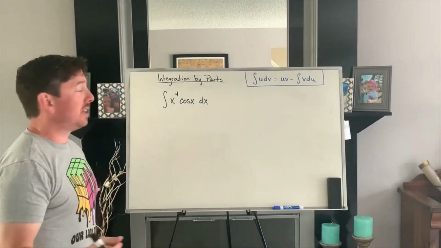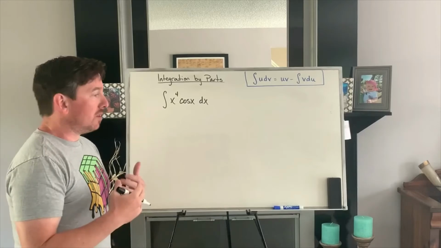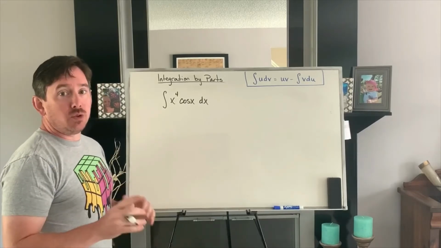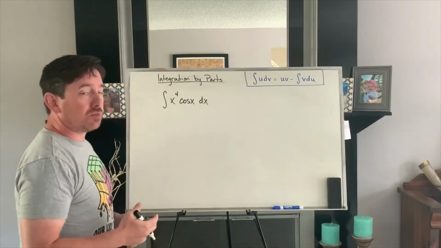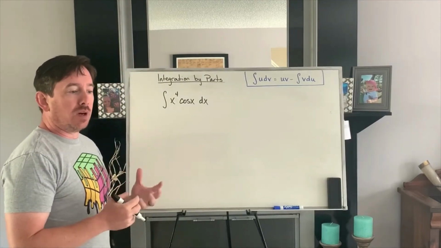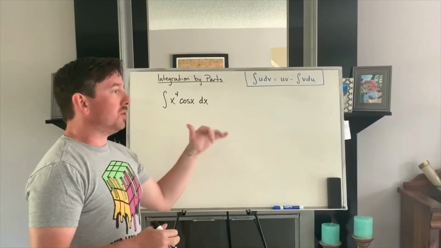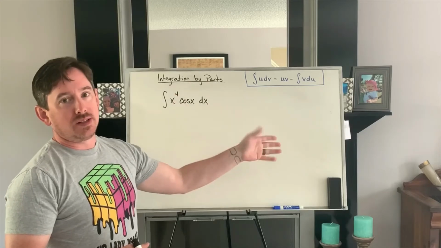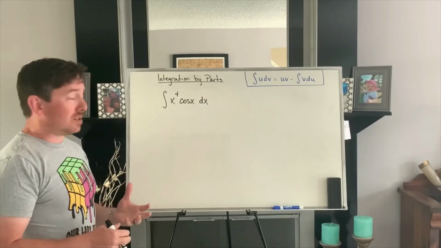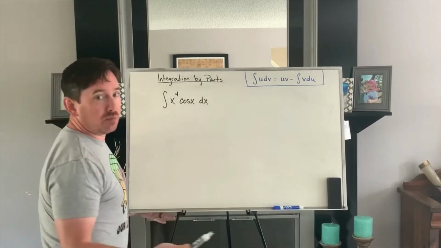All right, the last thing here is that I wanted to show you the tabular method. It's sort of a shortcut. If you know that you're going to have to, or if you get the sense that you're going to have to use integration by parts more than once, then you might want to do all of the u, dv, du, v work off on the side really quick once, and then you can just go right to your answer. So I'm pretty sure if we do integration by parts the way we've been doing it,